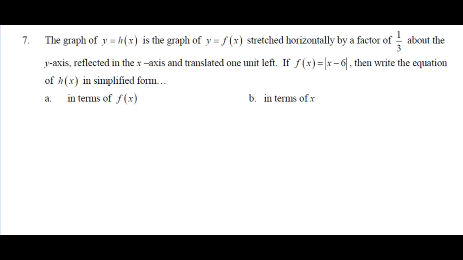The graph of y equals h of x is the graph of y equals f of x stretched horizontally by a factor of 1/3, reflected in the x-axis, and translated 1 unit left. If f of x is equal to this, then write the equation of h of x in simplified form. So basically it's two parts. We're going to ignore this, play with that, and then do it with the